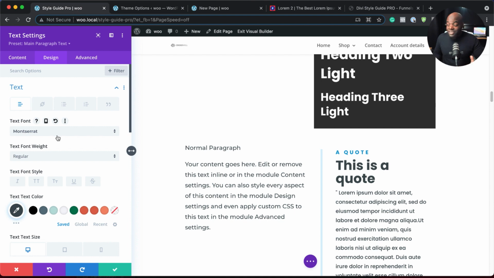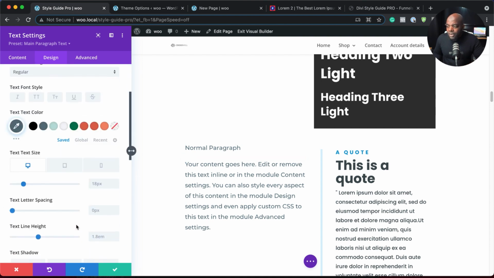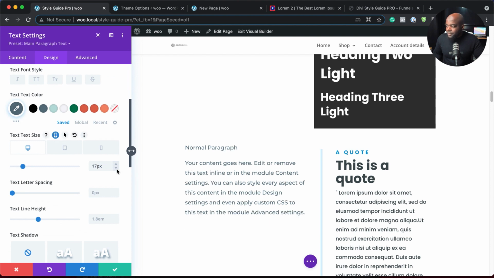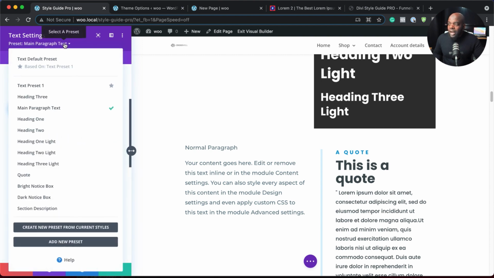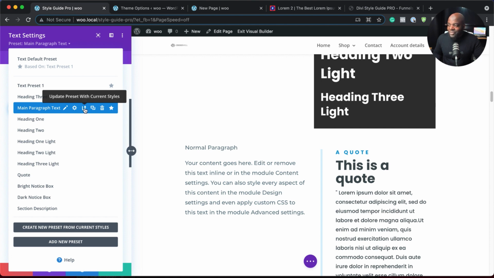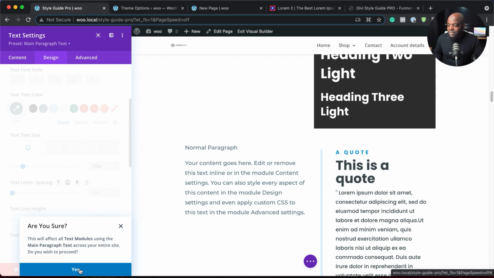Excellent. But I have a different color now. So the color I'm going to use is maybe this one for all my paragraph text. Maybe I may want to reduce the size a little bit. Okay, there we go. So I've reduced my size to 17. My line height is okay. So now I can come to the top here. How do I know which one I'm working on? Well, I know because there's a check mark, and here's the check mark right there. Okay, so what you do, you hover over here, click this little icon pointing up, this arrow here. I don't know how I can describe it. If you click on that and say yes,